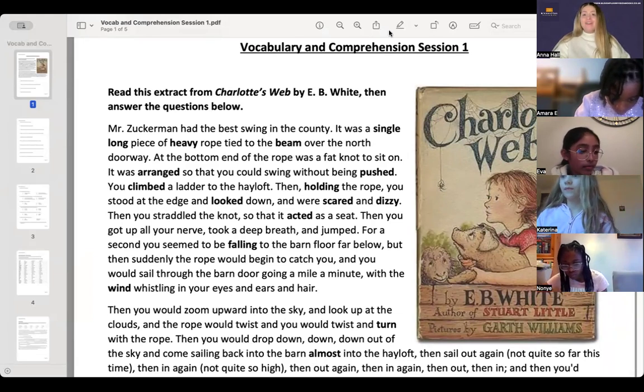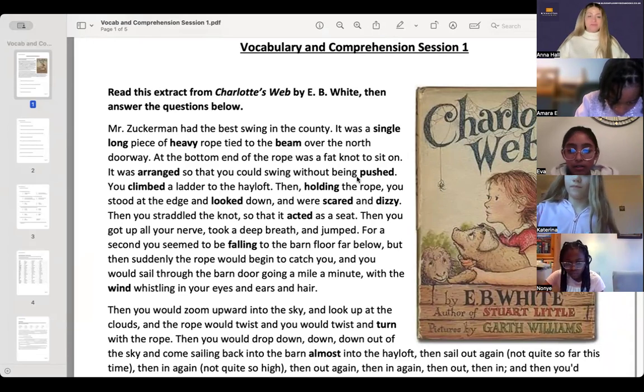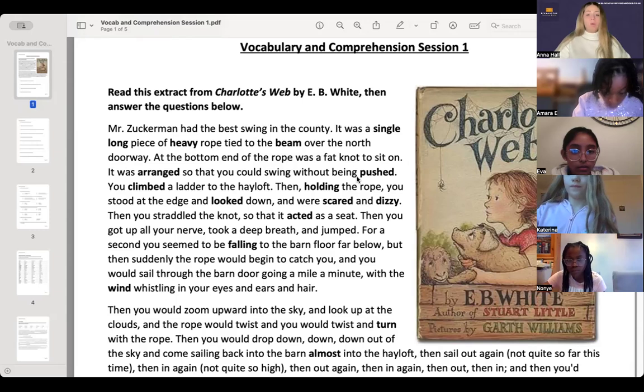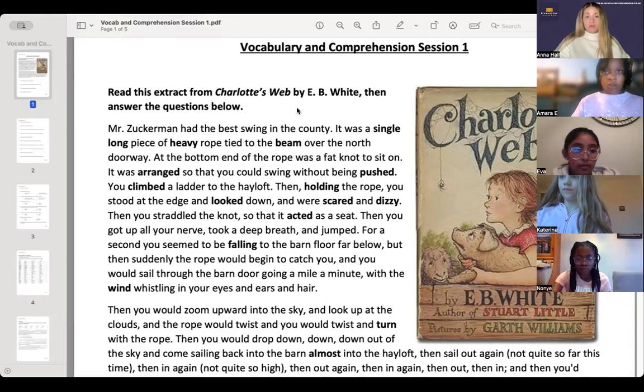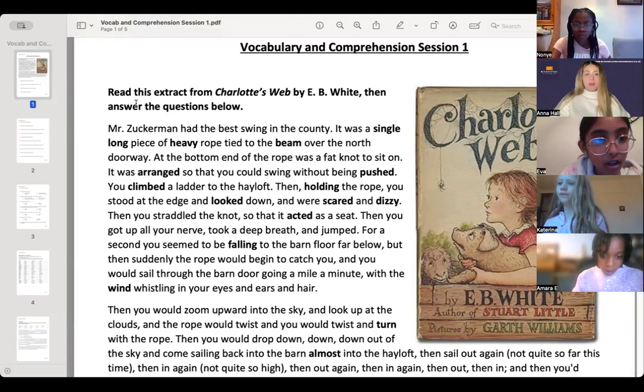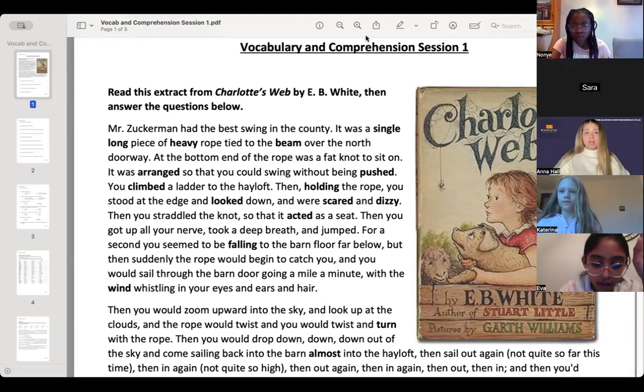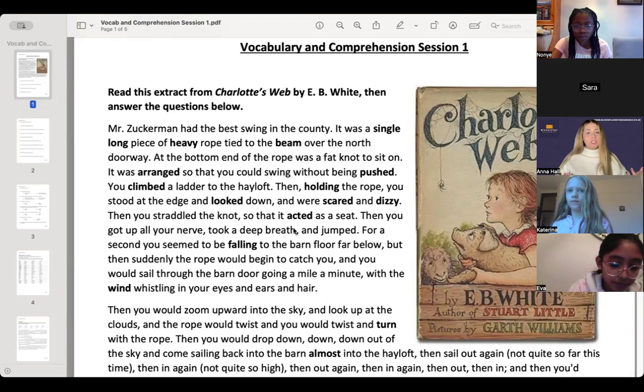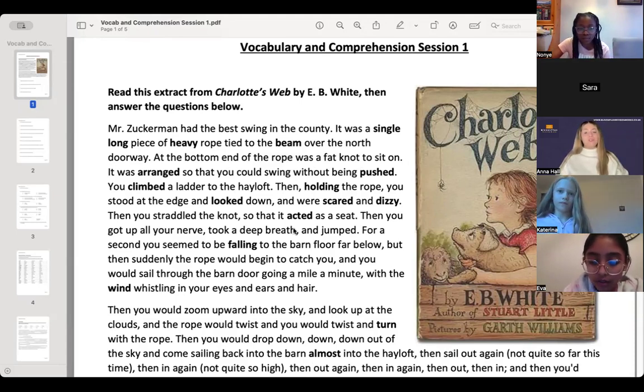Brilliant. Okay, super. So, I'm going to read this extract. Now, can anybody remember what we do when we have some reading comprehension? What is a really good thing to do as we go through the text? Anyone remember? Yeah, what's really good for us to do? To underline the important information. You superstar, well done. Really good for us to underline the important information,